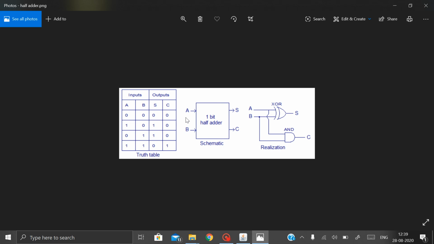When you add any two bits, it gives a sum and there may be a carry, right? If the carry is nothing, then you take it as 0. If there is any carry, you take it as carry 1. Okay, yeah, this is a schematic diagram of half adder. And in half adder we'll use two gates, that is one XOR and one AND gate. XOR gives the output sum and the AND gate is used to give the output as carry. The truth table and schematic diagram are as shown there, the same thing will be there, as I told you.